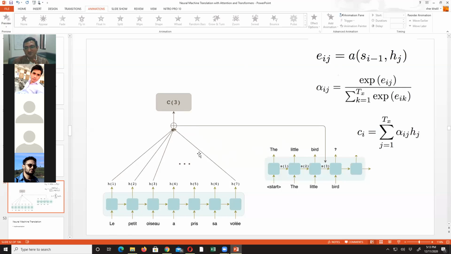And the good thing is, it is not only that you are considering the encoder side, but at that time you are also considering the current hidden state of the decoder. So you say S(i-1). You want to predict the fourth word, so you focus on what you have predicted at the previous state. Whatever you have predicted at the previous step, that thing and this whole sum, right? These both are being sent to the decoder. Now you can see a lot of information is being supplied.